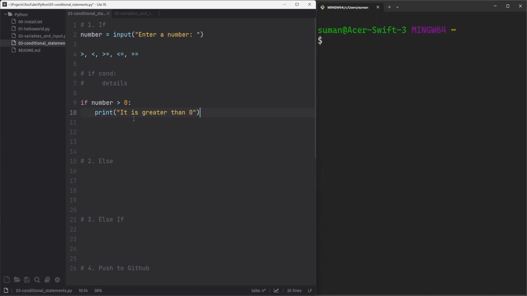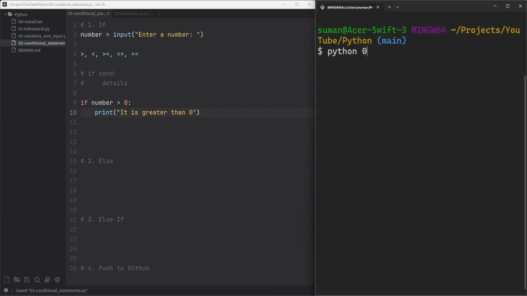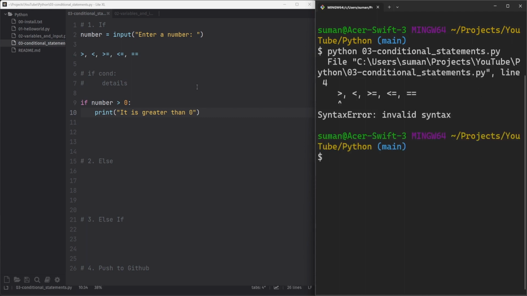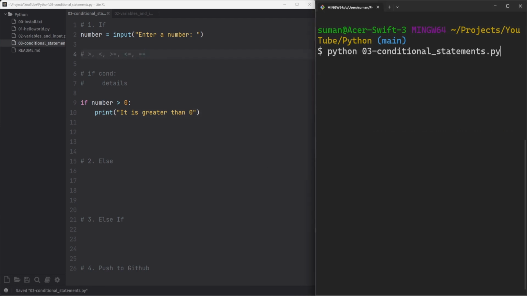Okay, so let's run this now. Let me go to my projects, YouTube, Python, and we'll run Python 03. This is the name of the file, and we can see it says syntax error because we did not comment this out. Let's comment this out and run it one more time. It's waiting for my input. You have already learned that when we put an input, it will be waiting for a number. Now if you write here 12,